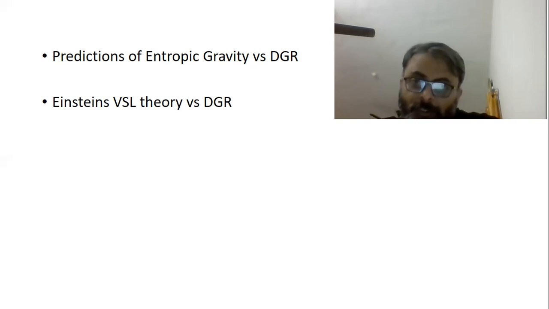Einstein's variable speed of light theory goes very well with DGR, because DGR is actually general relativity with a variable speed of light. But actually Einstein did not realize why exactly the speed of light is variable in his theory. Basically, it's because of the active spatial contraction happening just behind the photon, which causes the hindering of the forward progression of the photon. So that way, dynamic general relativity can explain why the speed of light is variable rather than constant.